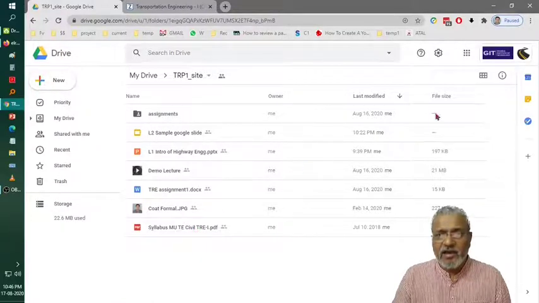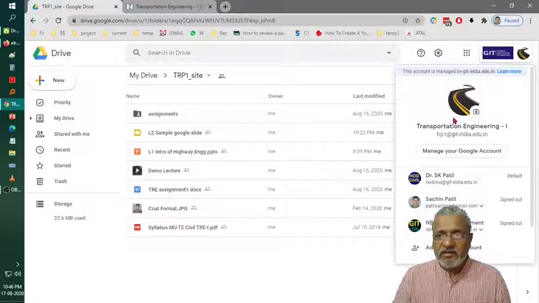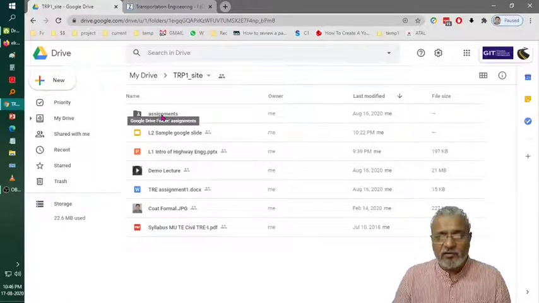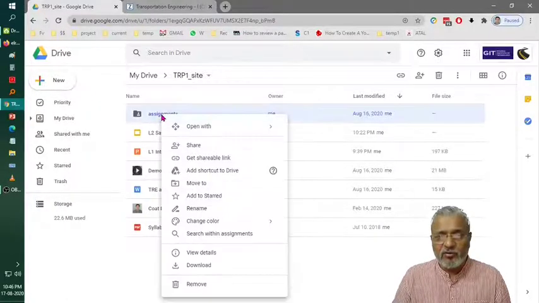Apart from that, as this is a subject ID and for the last 2-3 months you have been using your personal GIT ID to create video lectures, instead of copying all those lectures, I can share from that folder. It is the same way. To share the Google Meet folder from your individual ID, you have to right click and select share and type the name of the ID, that is the subject ID, TRP1 @GIT, something like that.